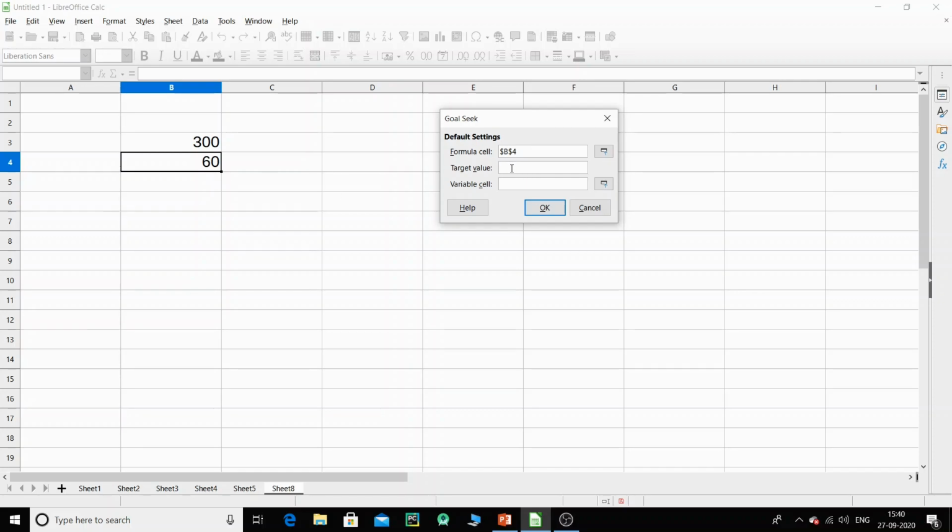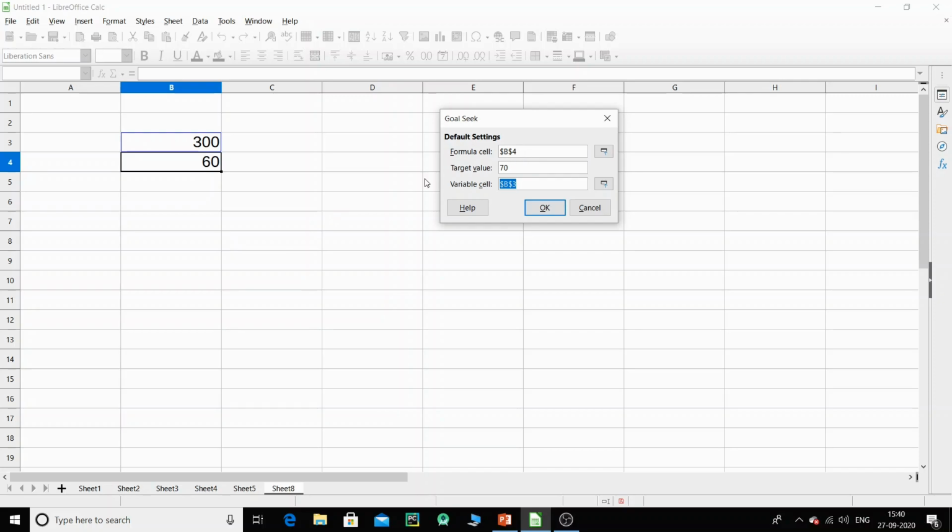I will target a value which says I want around 70%. If I want 70%, how much should be my total? The variable cell will be this one where the changes will take place. Just click on that and it will get selected. That is B3. You can even type it, but it's better to select with the mouse.